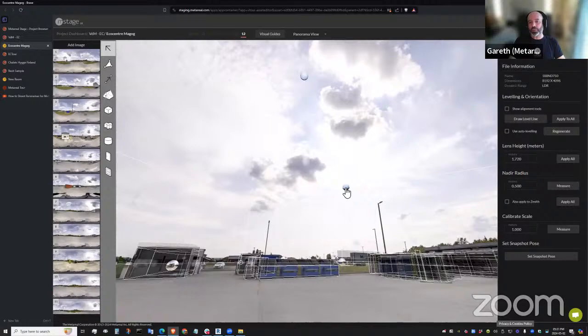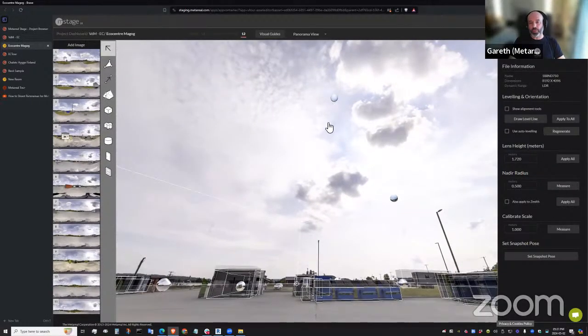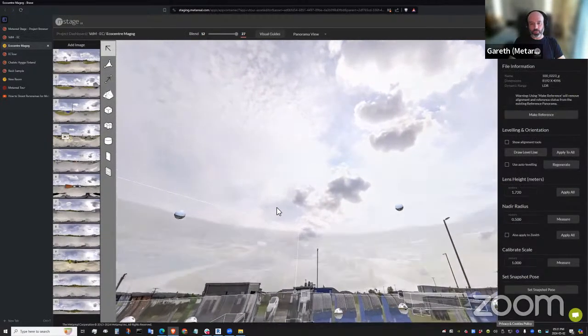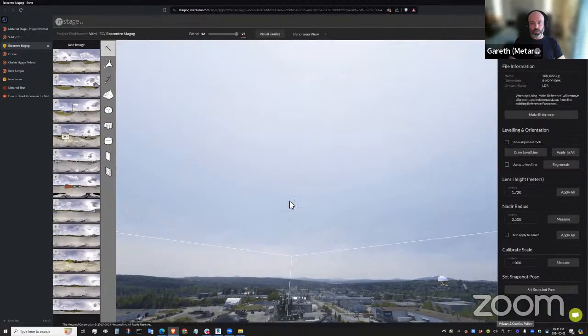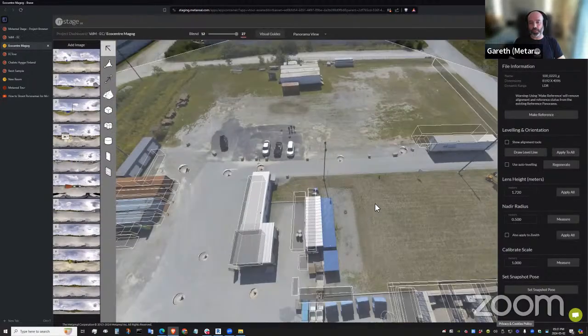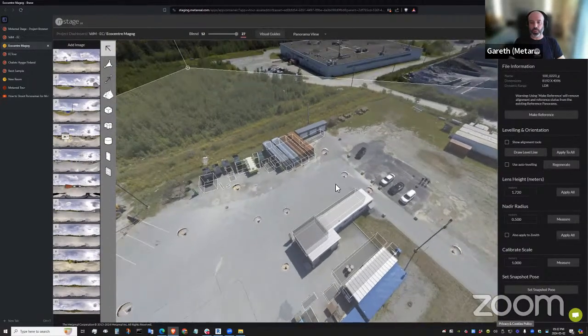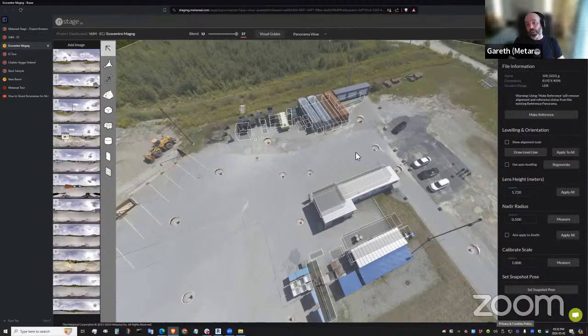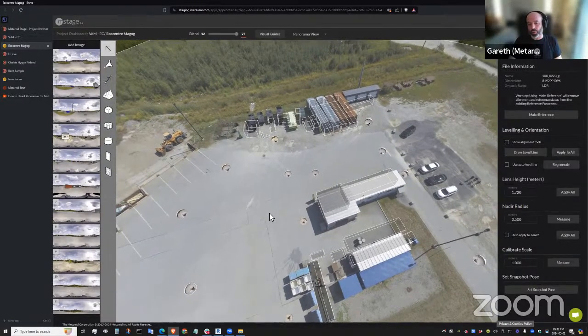And really the key to getting the aerial panoramas in is working out what the height is of the panorama. And that can be a bit tricky. The other thing with aerial panoramas is that they tend to be stitched together from multiple images, which means that the geometry isn't so good. And you can see we've got a bit of dislocation here. It's pretty normal. One does the best one can with aerial panoramas.